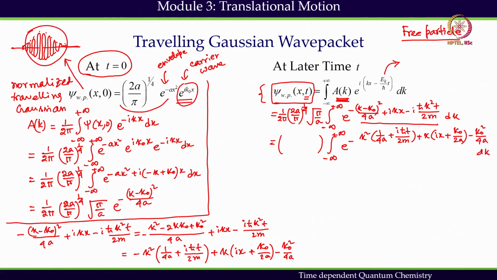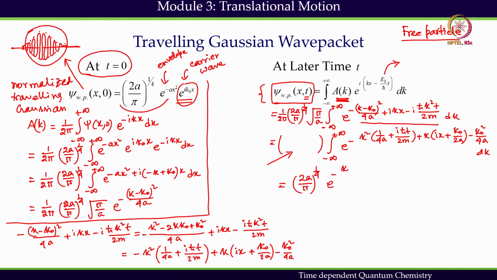Then I have dk, integration over dk. So if I do this integration, what I get, I can simplify these constants, and finally I get 2a by pi to the power 1 by 4 e to